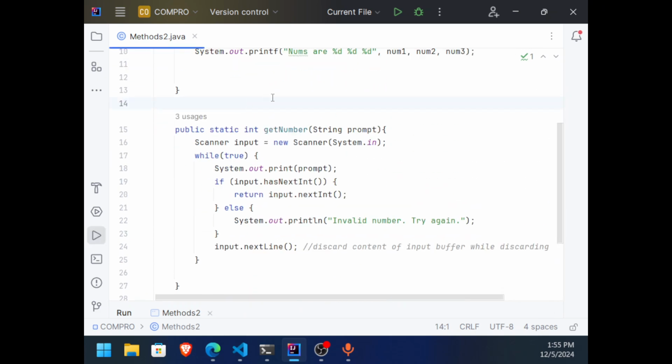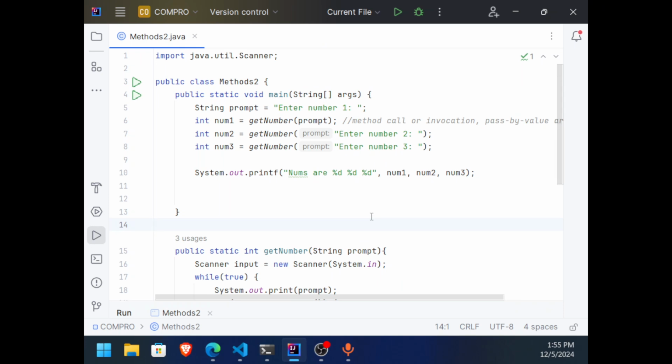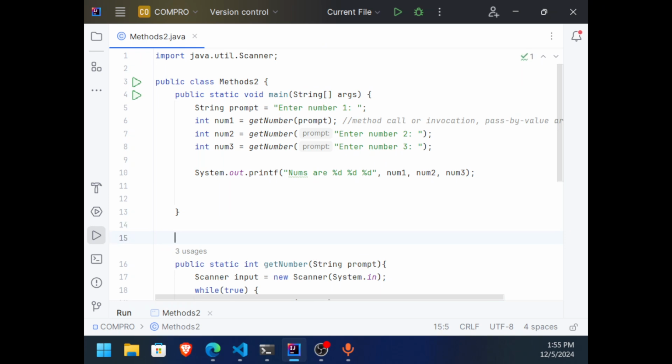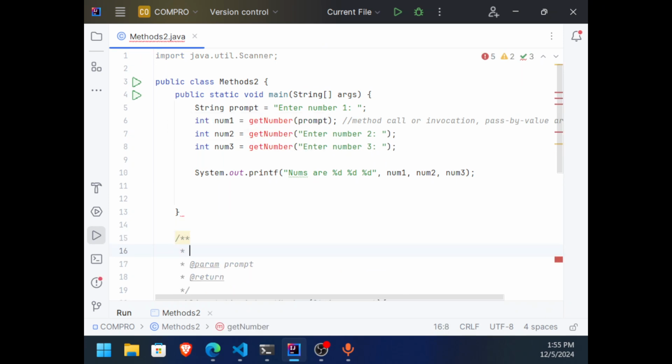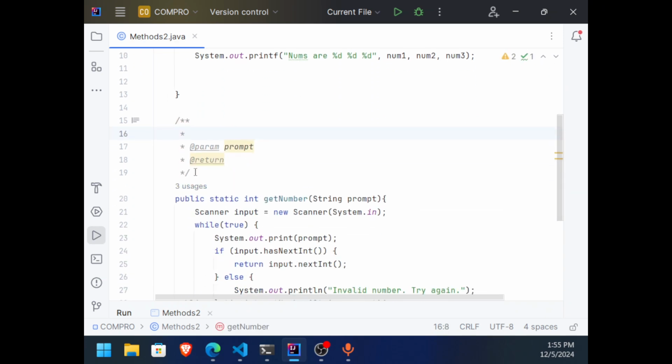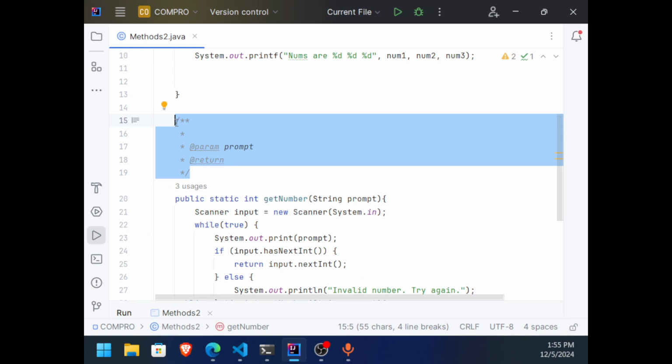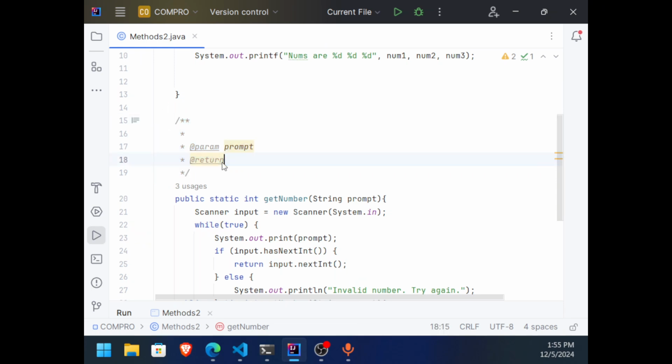Okay, next, to make our methods properly documented, so that when other developers use our program, they can understand how it is used, we can use the Java documentation. Okay, IntelliJ makes it easy for us because it's going to automatically create the Javadoc for us.